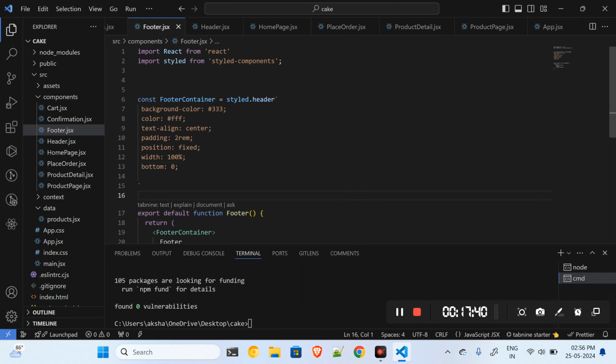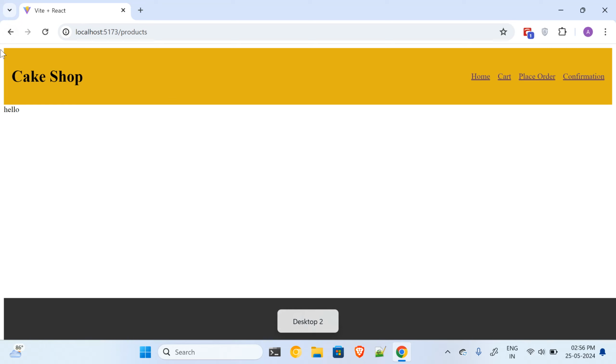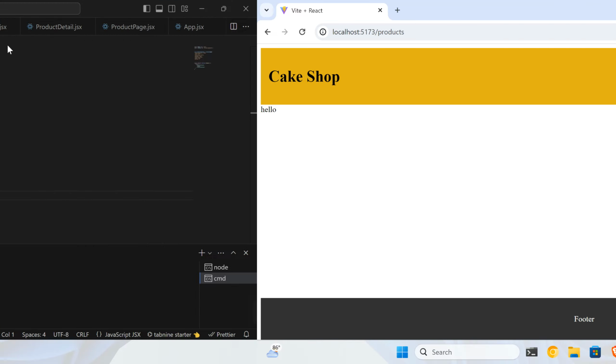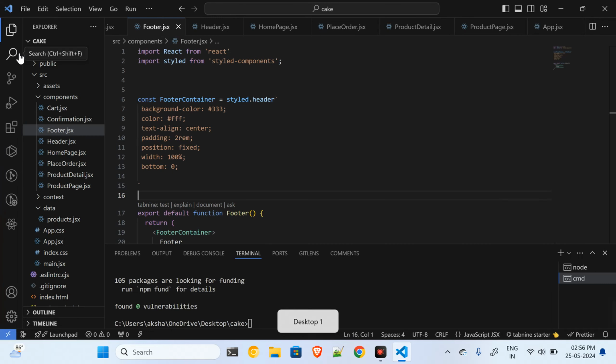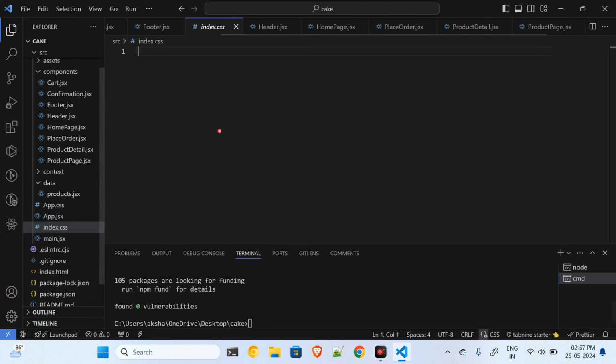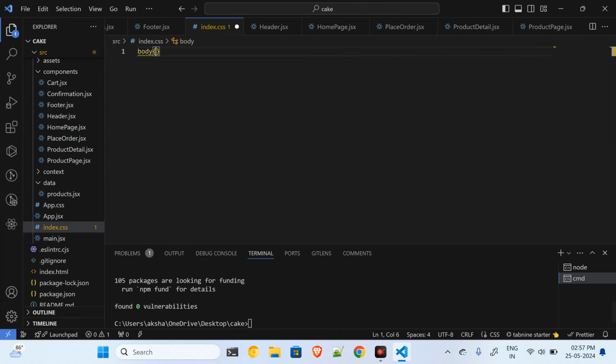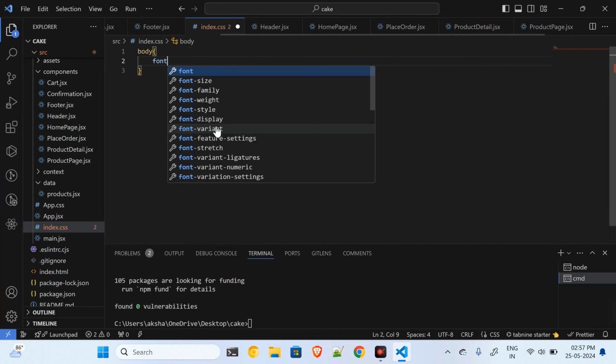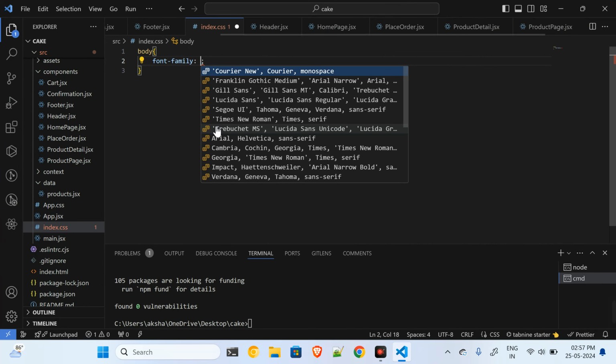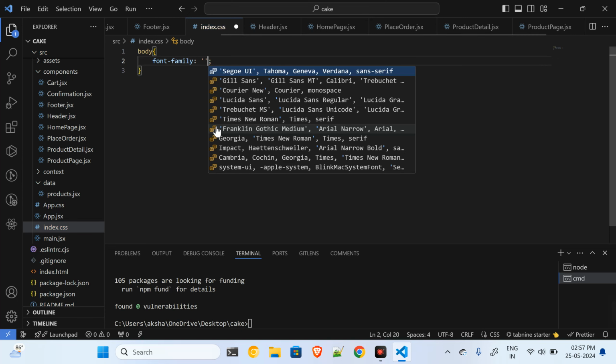Okay, so this is done now, and as can be seen, there is some slight variation. I'm seeing this gap over here, this internal padding, which I have to fix. So for that purpose, I'll go to the index.css and write some styling over here for my body tag. I will say font family. I will give as